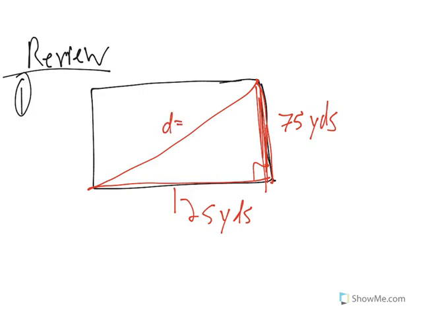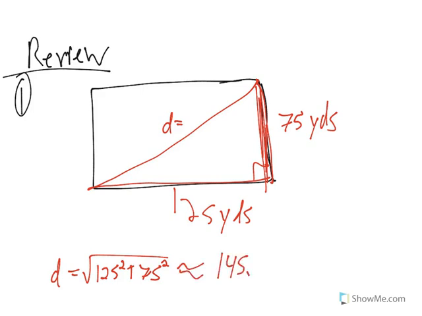Well, we need to know the length of the hypotenuse first. So let's go ahead and find that. So D would be the square root of 125 squared plus 75 squared. This is just applying the Pythagorean theorem. And so you'd get, actually I'm not going to use an equal sign here. Let's use an approximately